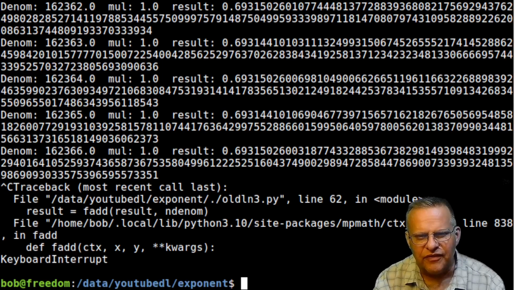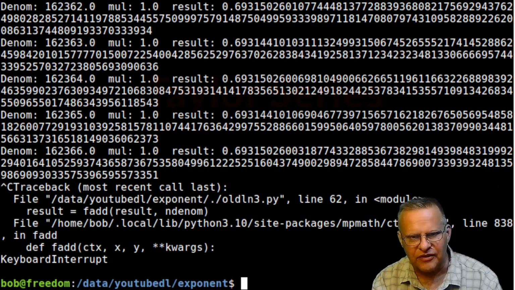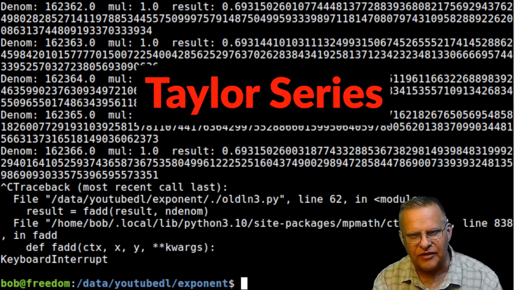So this function for finding the natural log of x doesn't converge very quickly. I will show you another function for finding the natural log of x. By the way, the function is called the Taylor series. Now it's also a Taylor series expansion for finding e to the x, but when calculating e to the x,